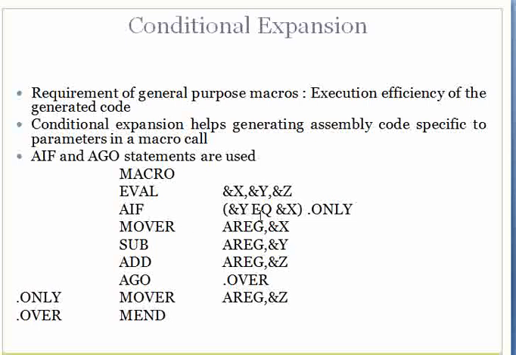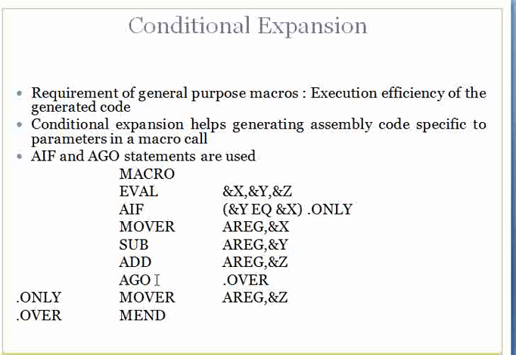However, if this condition goes false, then the control will be transferred to the first line following this AIF statement, that would be move r. It will generate this line in the expanded code. It would include move r a register and the actual value for x, sub a register and the actual value for y. Then the flow becomes sequential, so it goes to the next line, add a register and the actual value for z, and now we can alter the flow of control using this AGO statement.